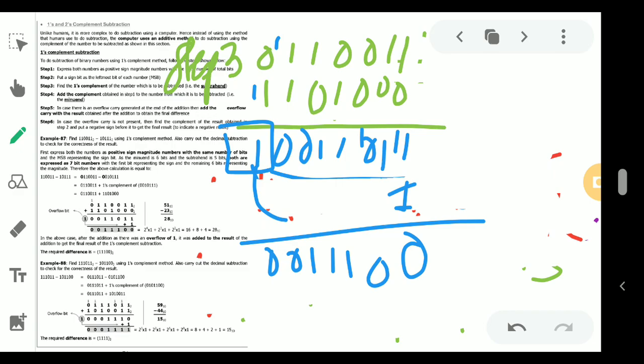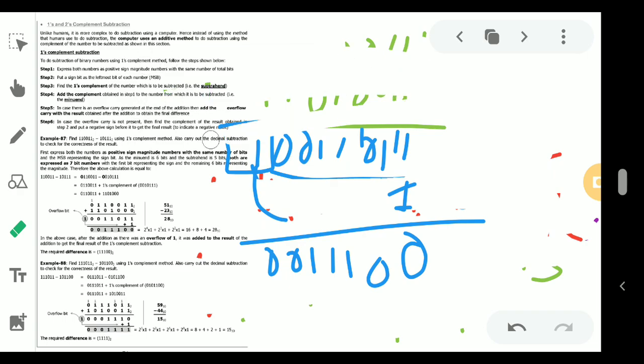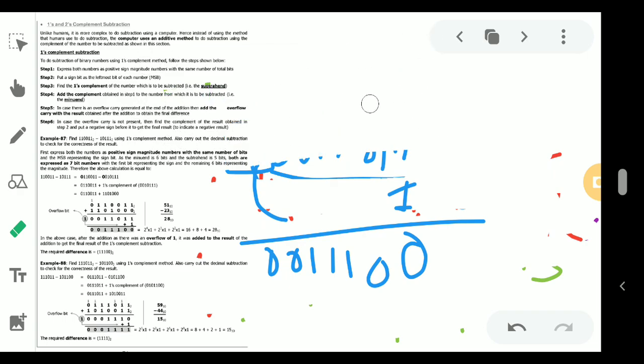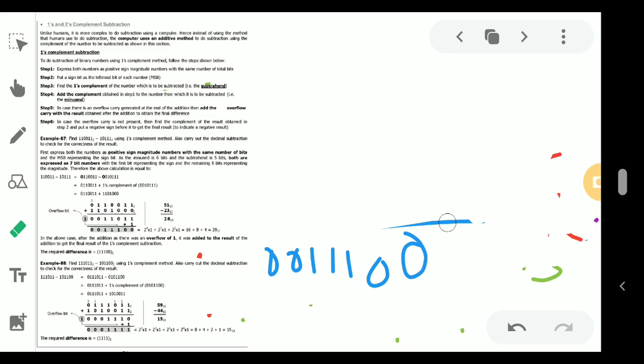And now there is another case of ones complement, that sometimes there may be no overflow, like in this case overflow is there. If there is no overflow present, at that point of time how to do it? So let's explain this with another example, to explain this kind of sum where no carry is generated.